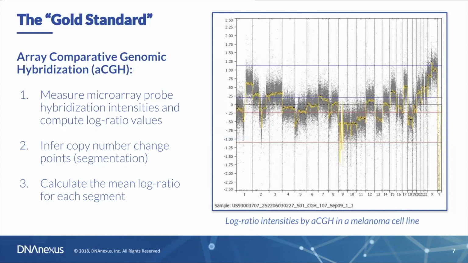Now we can join these similar looking regions together through a method called segmentation. That gives us discrete copy number change points. So in chromosome 1, for example, we see that the short arm, the P arm, has maybe a slight copy number loss, or it could be copy number neutral, whereas the long arm, the Q arm, has a copy number gain. The log ratios cluster up about 0.58 maybe, and that would imply a single copy gain of that arm